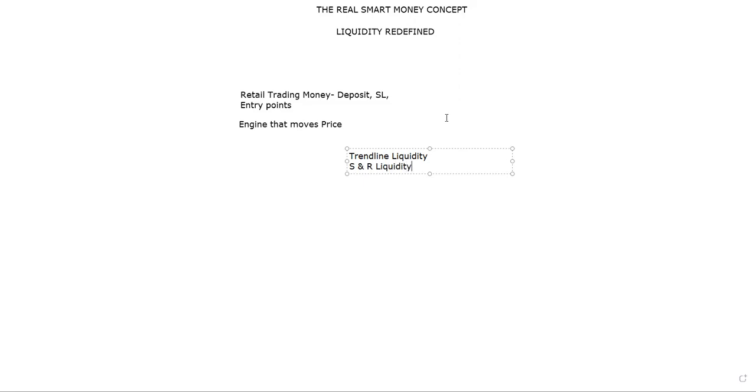As I said, liquidity can come in the form of stop losses and also entry points. So we have two forms of liquidity under that: trend line liquidity and support and resistance liquidity. How does trend line liquidity happen? For example, you have seen many times, when you have your channel like this, that we are uptrending and the market is moving well in your favor: higher high, higher low, higher high, higher low, higher high, break the trend line,